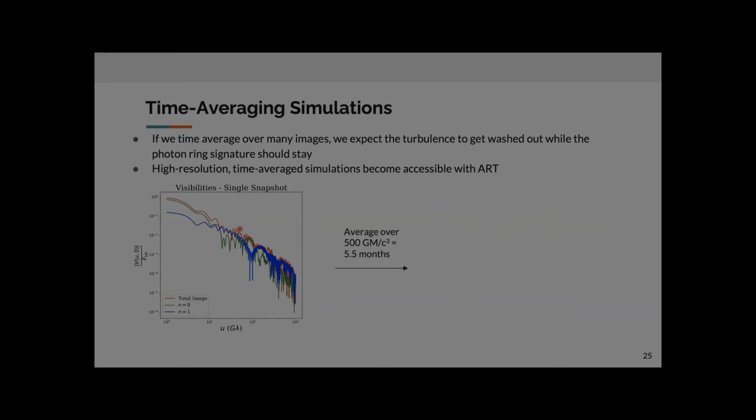What we do is we repeat the same procedure, but we use adaptive ray tracing to generate a host of snapshots and then time average over 500 GM over c cubed. In the case of M87, this is about 5.5 months. And when we take a Fourier transform of the time averaged image, we get a much different picture. In particular, we see that